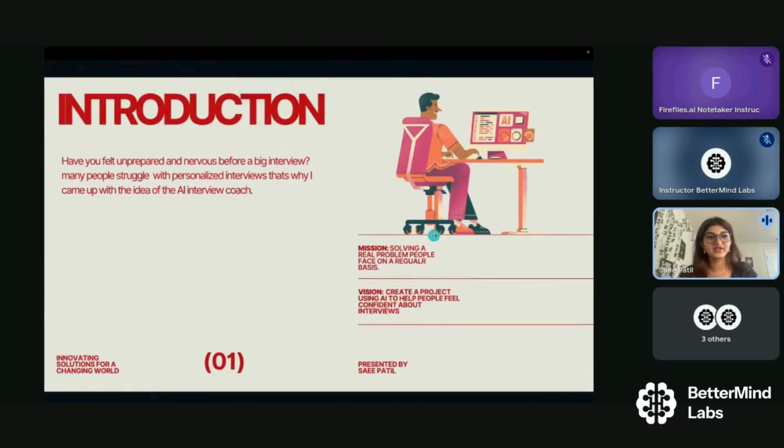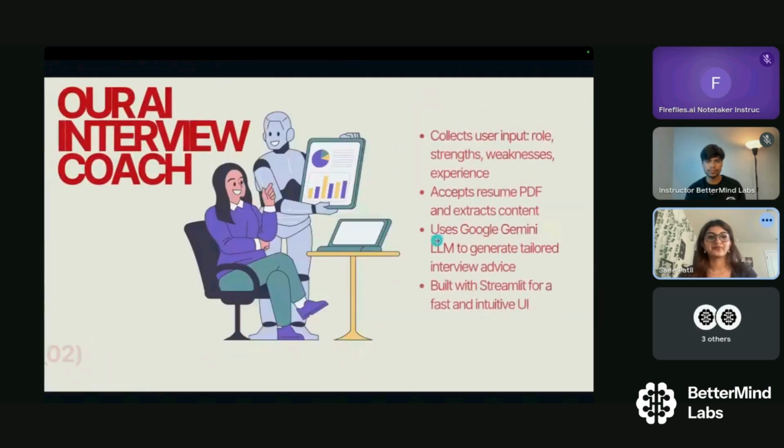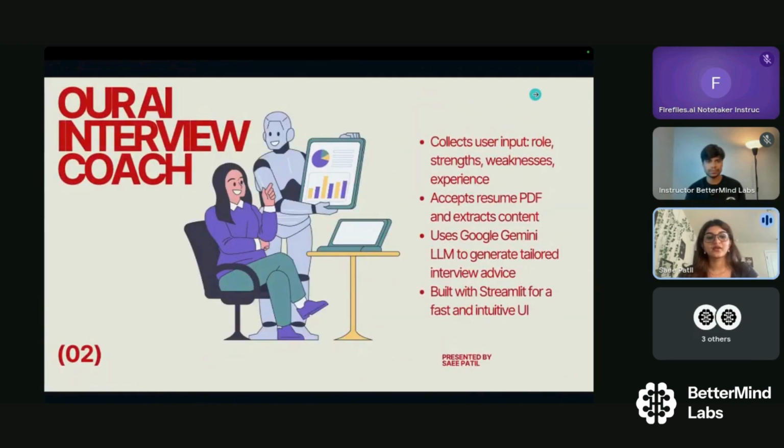This is my introduction. The mission was to solve a real problem people face on a regular basis, and my vision was to create a project using AI to help people feel confident about interviews. So this app collects your user input, like your role, your strengths and weaknesses,